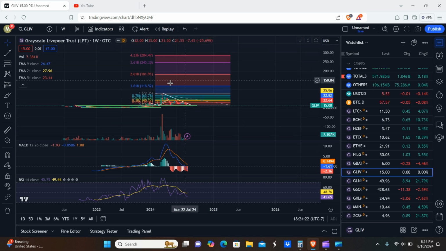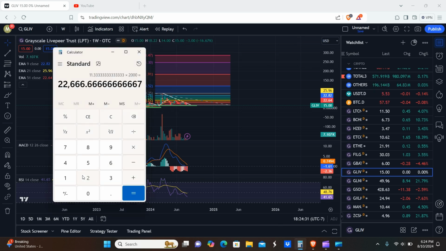Now going into the macros here, so you can see 120, 180, 245, and we'll just call that 285 respectively. And again, the lower the prices on these Grayscale trusts go, the higher the potential upside here. So 19x